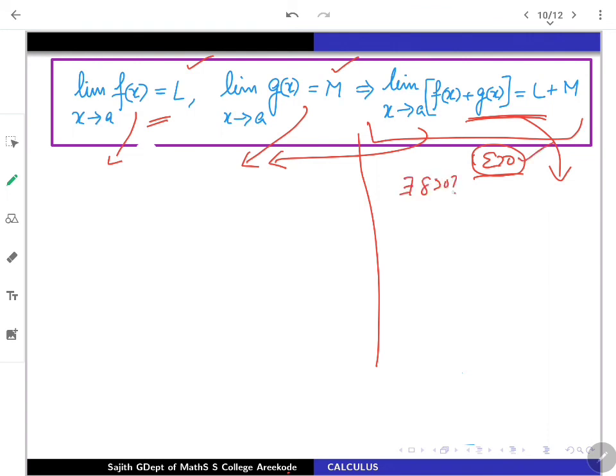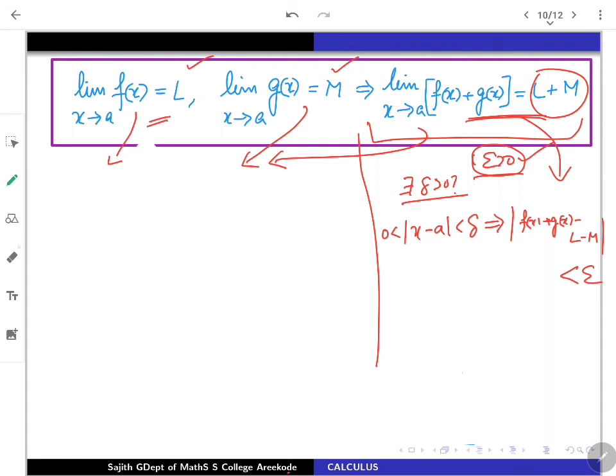What that delta should be, whenever 0 < |x − a| < δ, that is, x is nearing towards a, at any point. This has to guarantee that the modulus of the sum function, f(x) + g(x) together, minus this quantity, L + M, has to be less than epsilon. That is what we need,